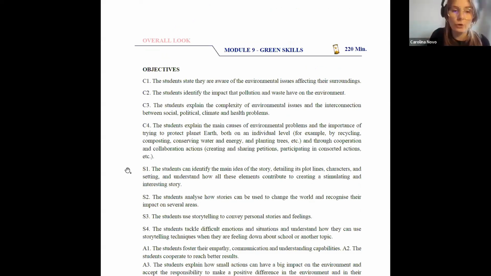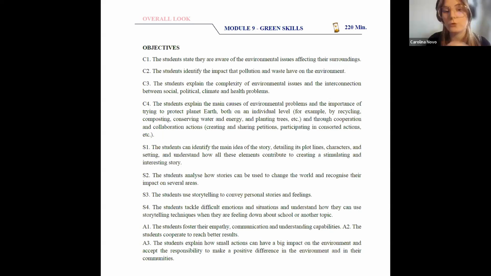So, as you know, our project is connected to early school leaving, to motivating students to learn and to overcome difficulties that they have in their learning, in their comprehension and expression skills.